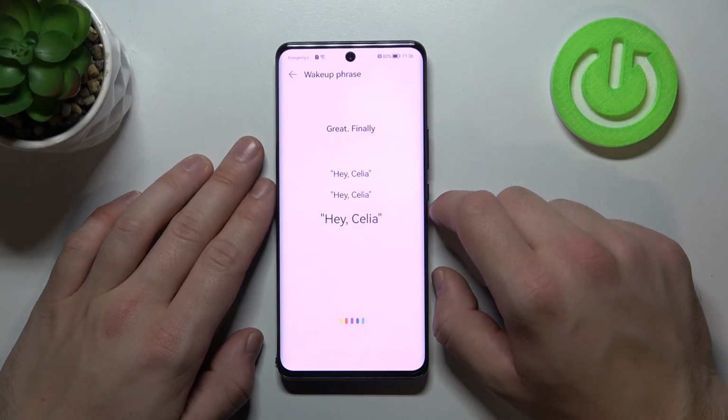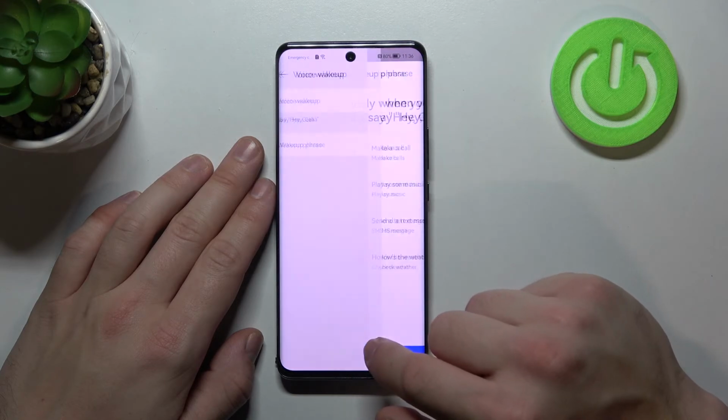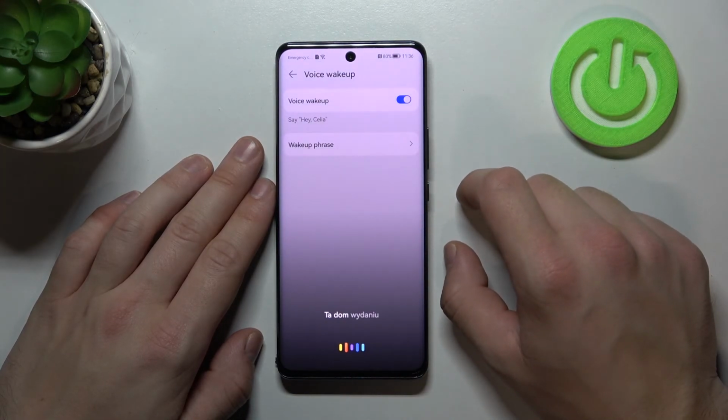Hey Celia. Tap done. Every time you change language, you have to set your